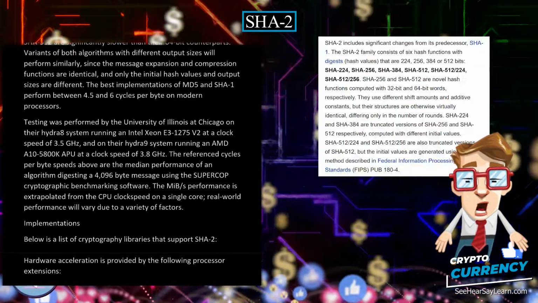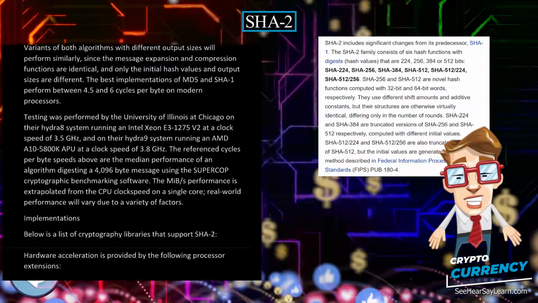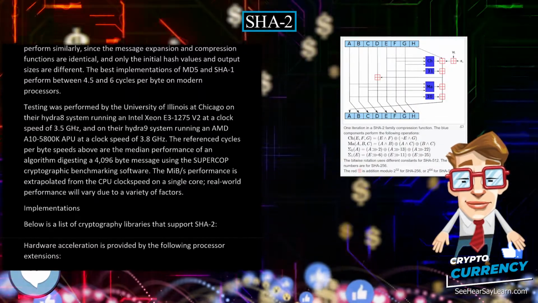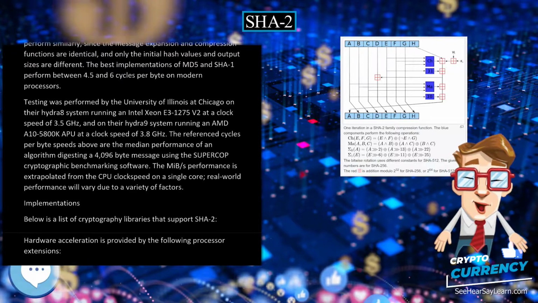Implementations. Below is a list of cryptography libraries that support SHA-2. Hardware acceleration is provided by the following processor extensions: